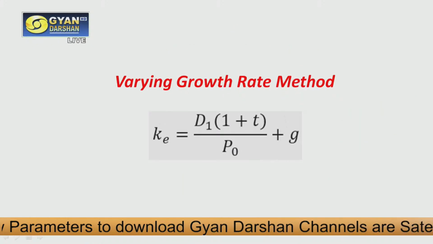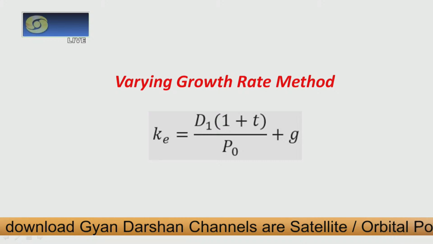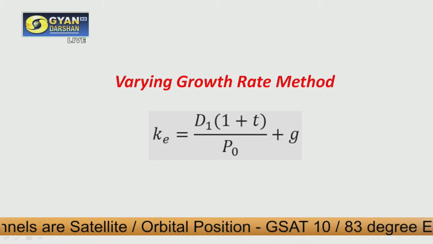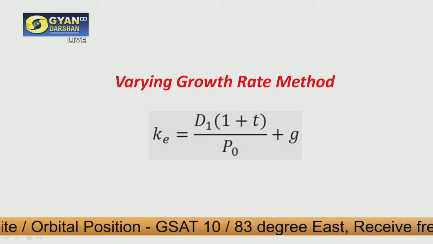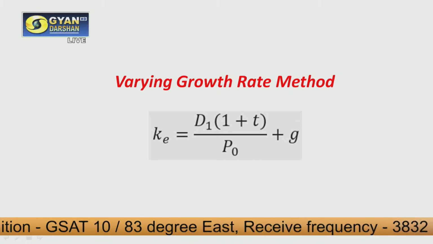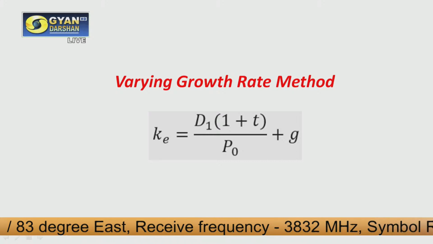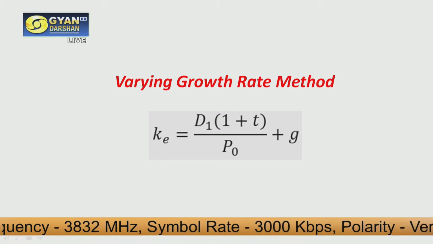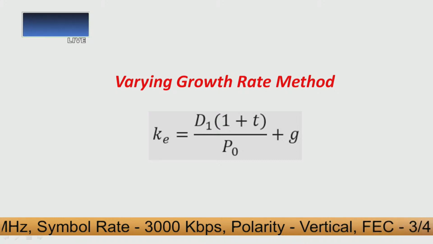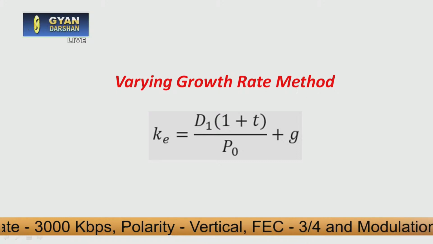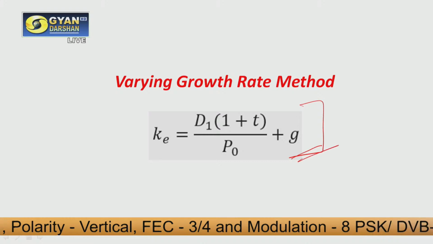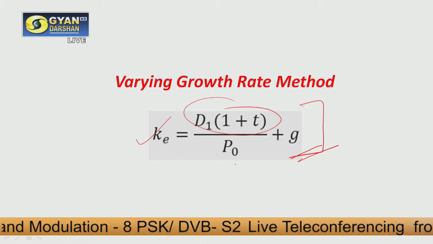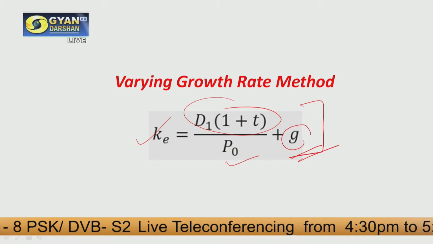Then we have one more formula, and this is the case where the growth rate is varying. That means the growth rate is also changing with time. Okay, so first year the growth rate may be 10%, the dividend is growing at the rate of 10%. Next year the dividend growth rate may be 12%, and further in coming years the growth rate is also changing, maybe increasing or it may also decrease as well. So in such case we have to use this formula where our KE can be calculated by dividing our dividend proportion by price of the share, and we just need to add the growth rate to this.